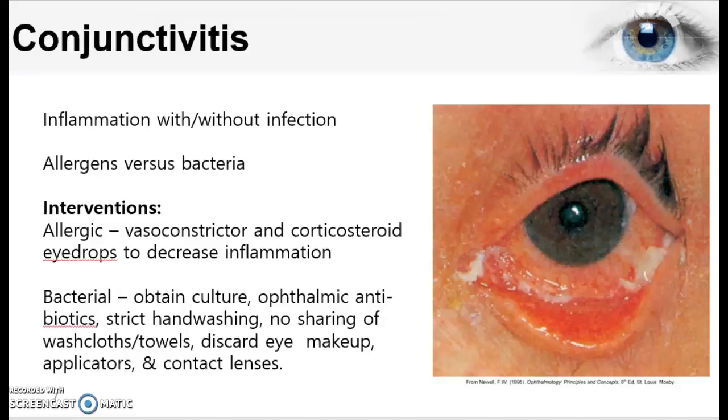Obviously in the picture it appears bacterial because of the purulent drainage. We'd want to culture that. They would be on some type of ophthalmic antibiotics, and strict hand washing, no sharing of washcloths or towels if they're putting warm compresses to their eye. A lot of patient teaching really about how to not contaminate your other eye, how to get rid of eye makeup if you're female, or contact lenses that you've been using up till this point need to be gotten rid